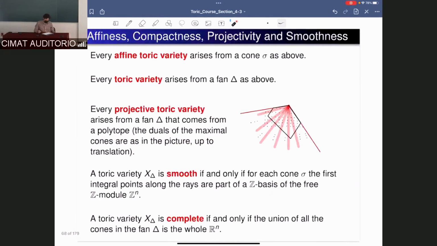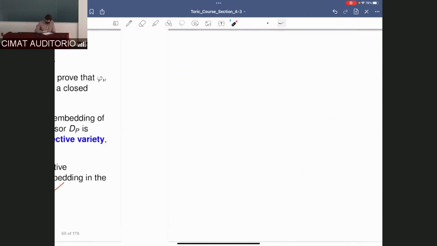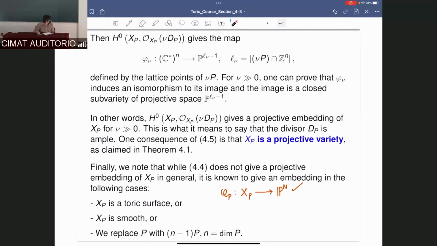So now let me, yes, please. It's a little vague, but is there another way to get a fan out of a polytope? We mention at least one more. There may be many more. One more is this one that we did a moment ago. Say that this is my original polytope